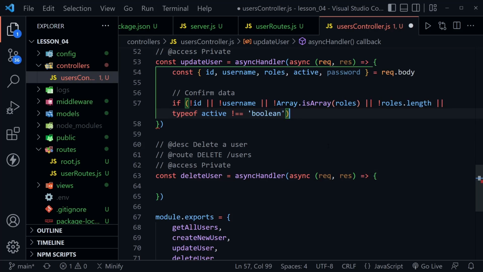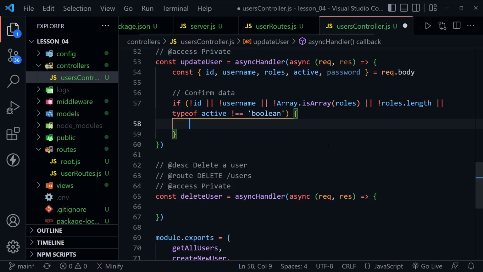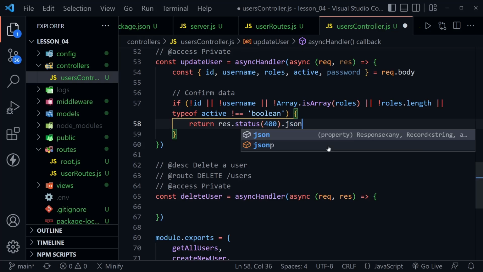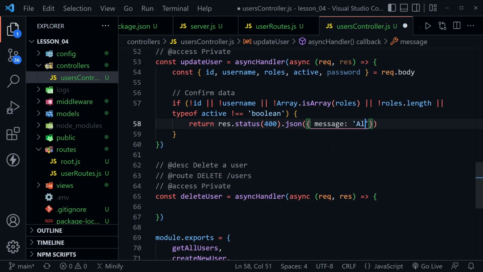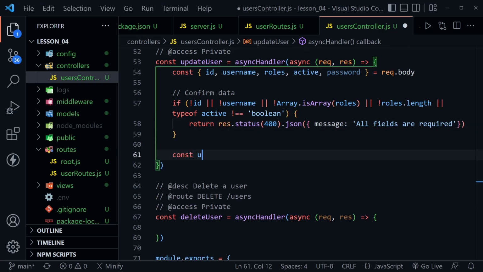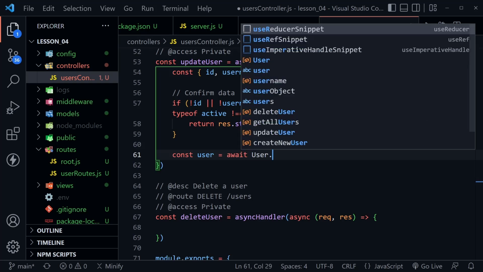So now we've checked all of the data, and if it doesn't check out, we will return res.status and set that to 400, which is bad request. Then we'll have our message that once again says all fields are required. Let's hit return a couple of times and define our user. And we'll set our user equal to await